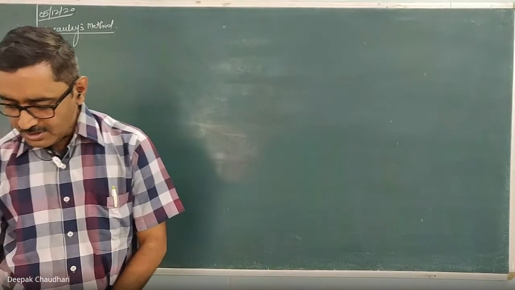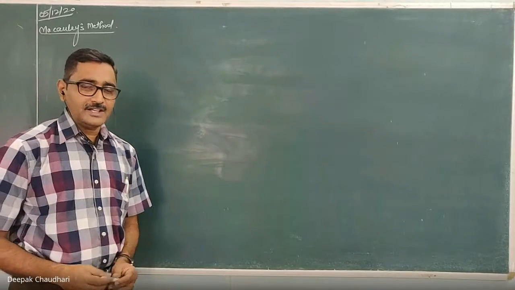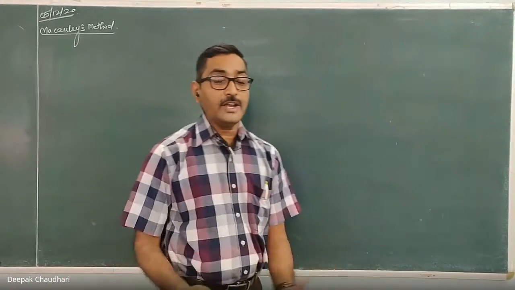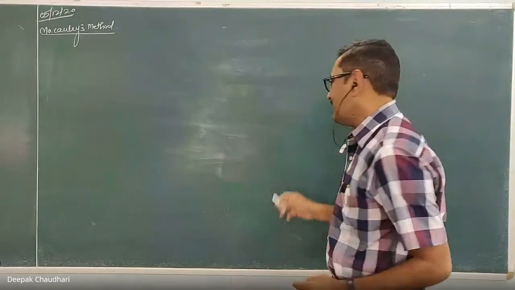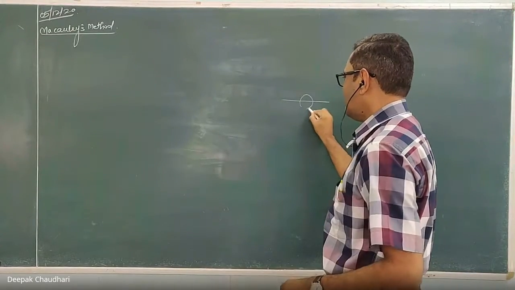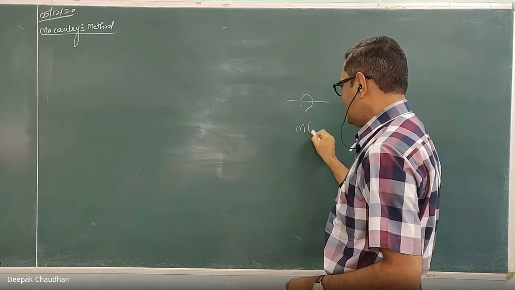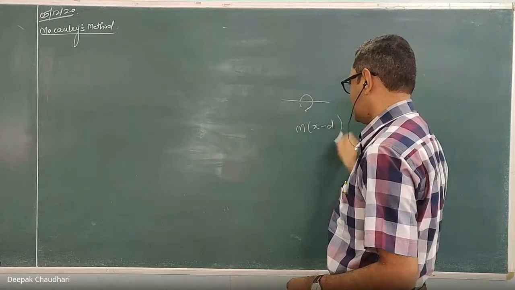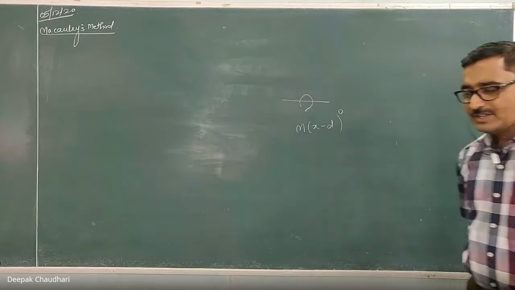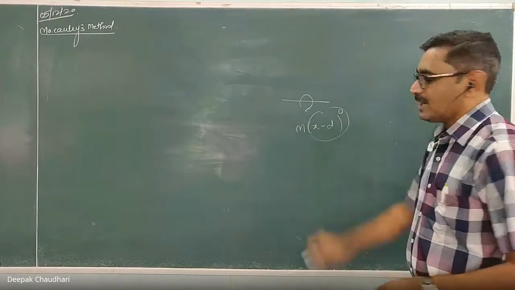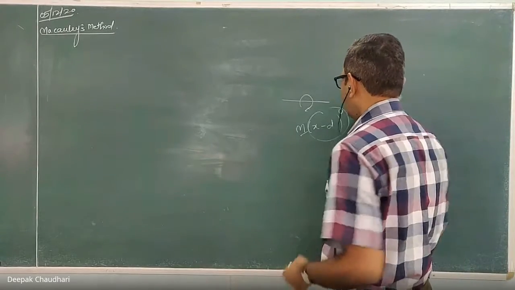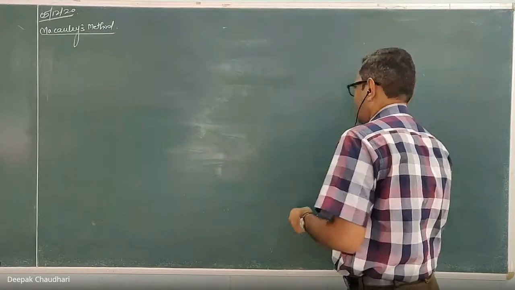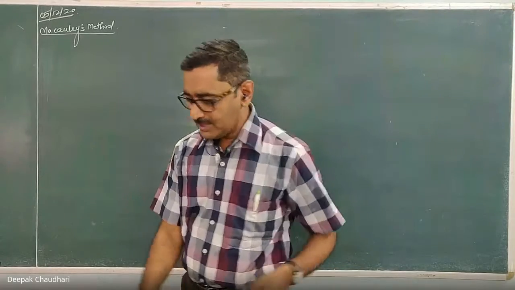I hope that all of you are comfortable with what to do in Macaulay's method, how to write down the equation of the bending moment when a moment is there. Whenever a moment is there in the beam, you have to write that moment into x minus that distance raised to power 0. So that this term becomes 1 and ultimately you are going to get only the moment. And you have to do the integration by a proper method.